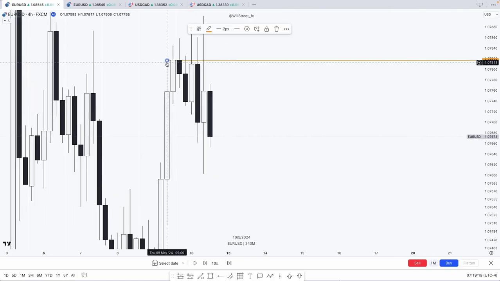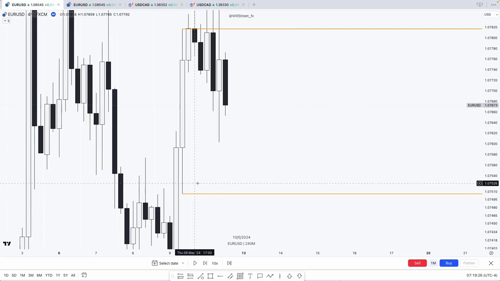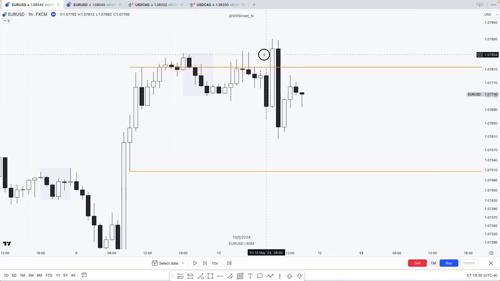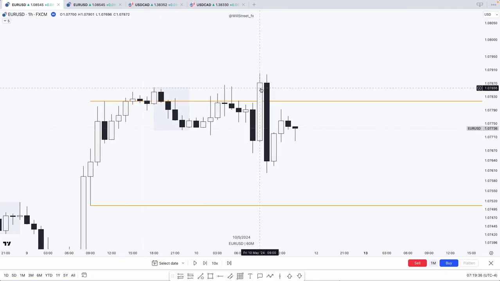Look at the bodies, how it's being respected. I love this setup. And let's go into New York. So going into New York, we are at the upper range of the 4-hour range, and we have news, I think,